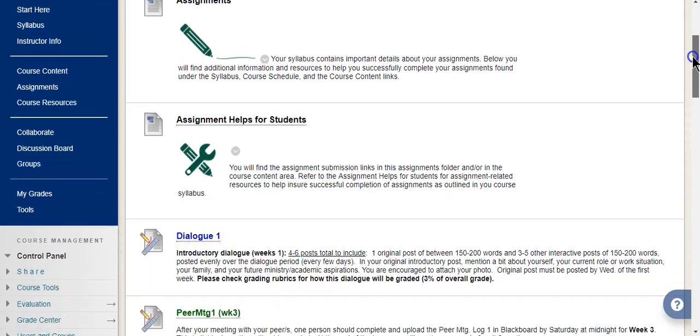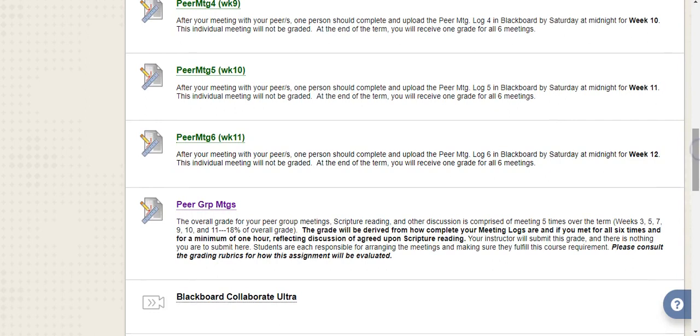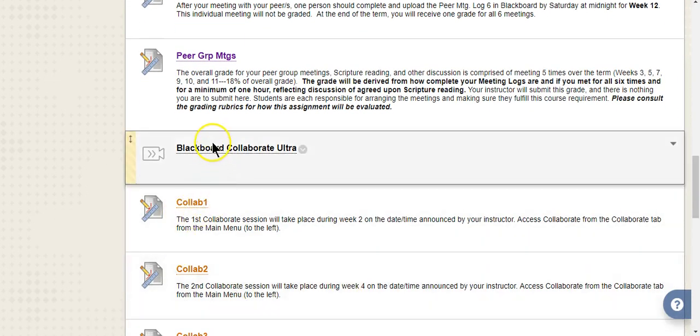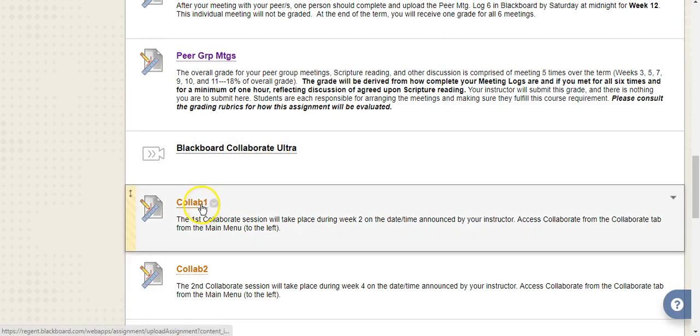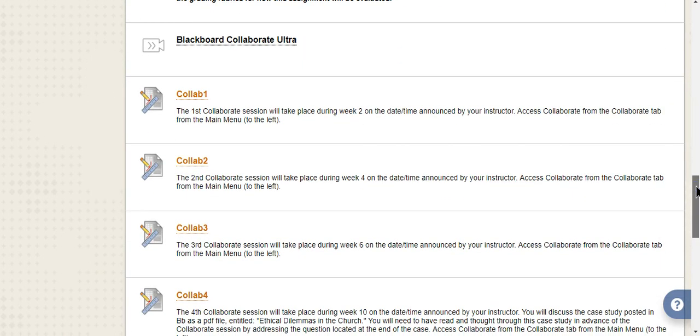When you go down to assignments, all of the assignments and links for submitting your work are there. And then here is the Collaborate Ultra link. Of course, you will notice that there are also links for the 4 Collaborate sessions for your reports.